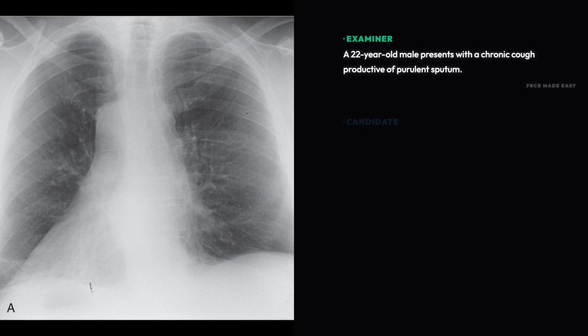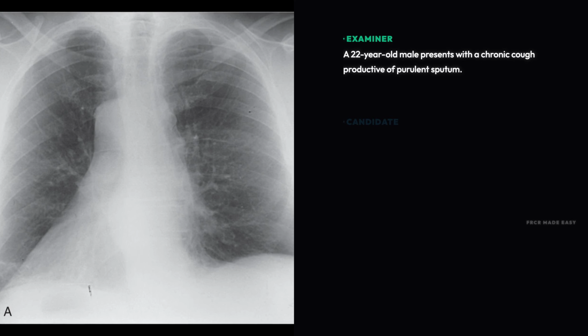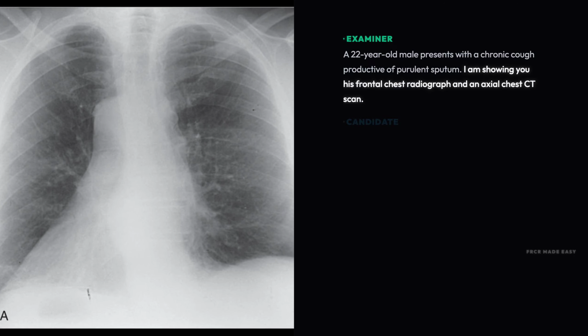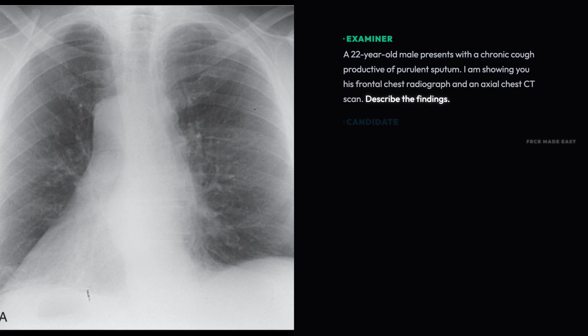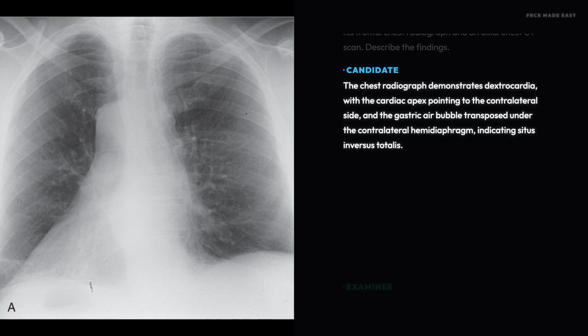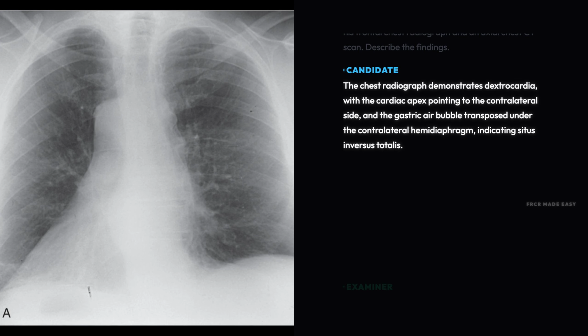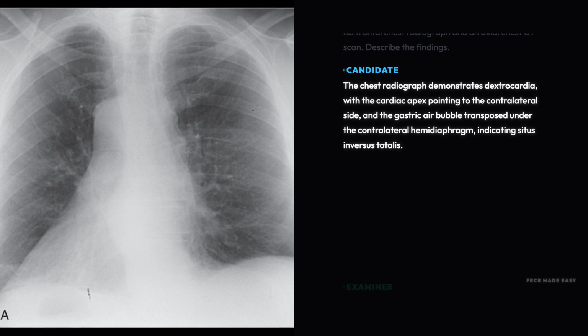A 22-year-old male presents with a chronic cough productive of purulent sputum. I am showing you his frontal chest radiograph and an axial chest computed tomography scan. Describe the findings. The chest radiograph demonstrates dextrocardia, with the cardiac apex pointing to the contralateral side and the gastric